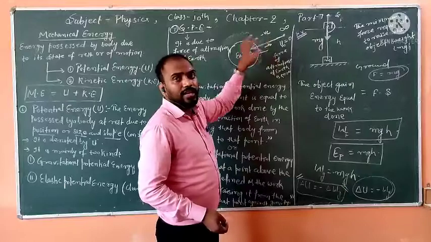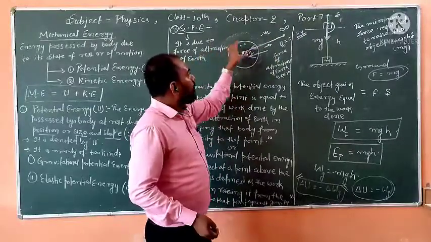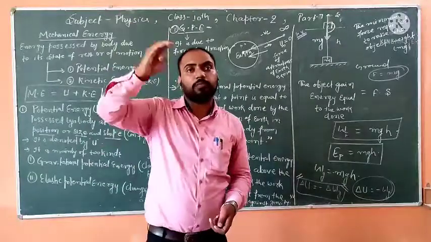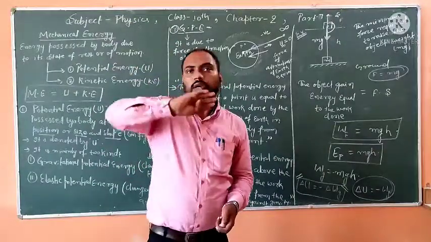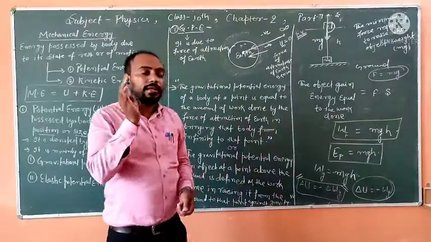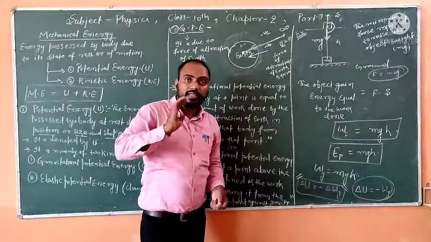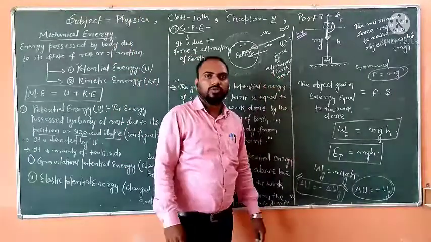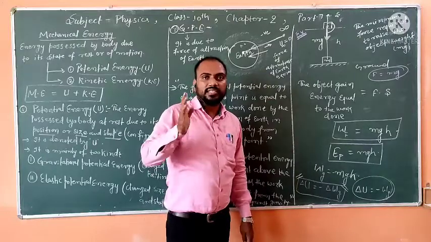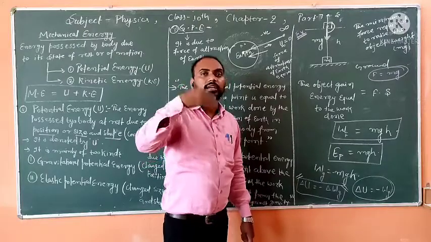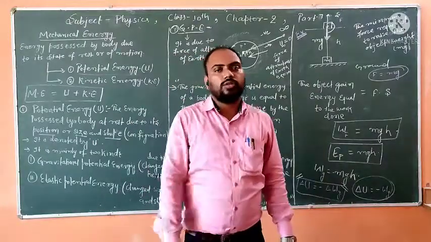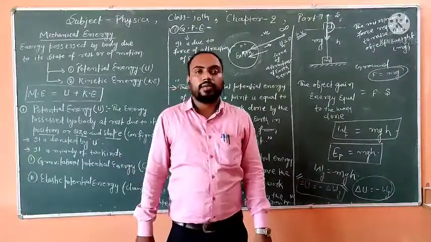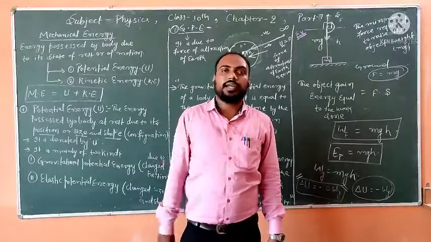So the potential energy of a body at infinity becomes zero, and by decreasing the distance it becomes negative. Do you understand? I hope you all understand about this. In the next video I will make you understand about the